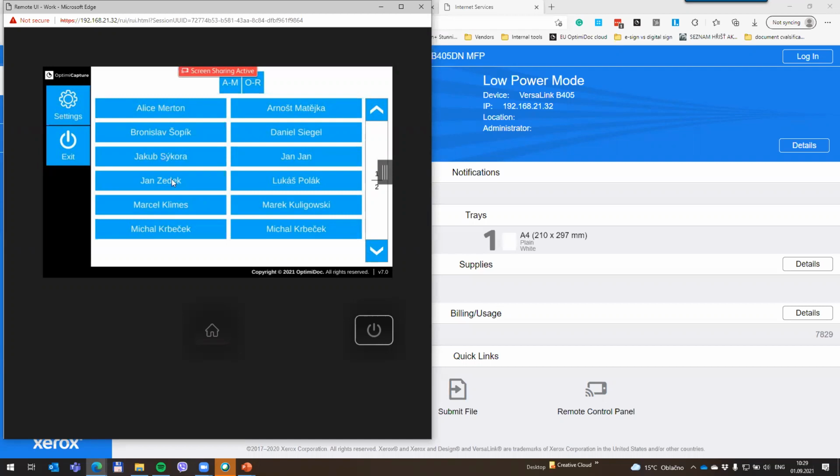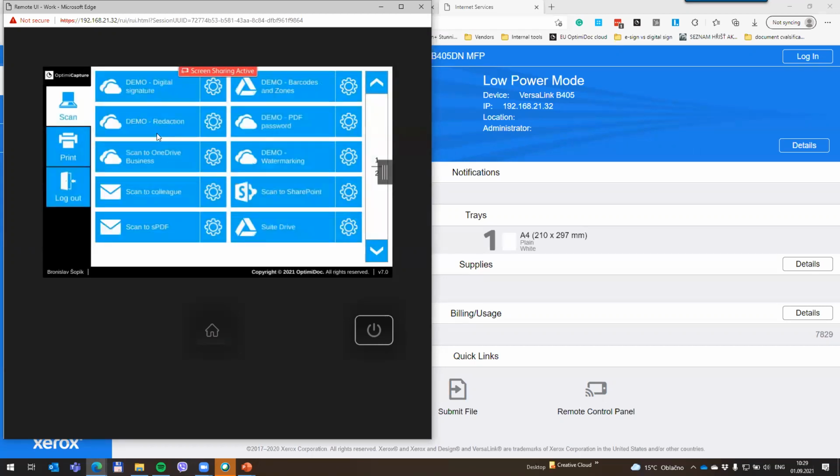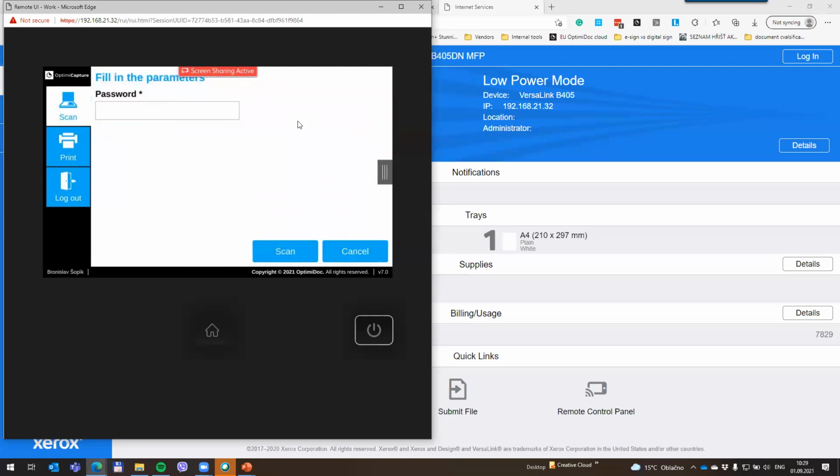So right now, I'm going to select my account, and I immediately see a list of my personal scanning workflows. As you can see, I have created a couple of demonstration workflows. So let's start with the first one, and this is, for example, the PDF password. So right now, I'm going to place the document to the feeder and click on the scanning workflow demo PDF